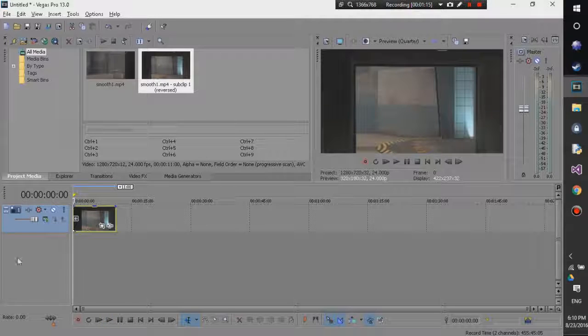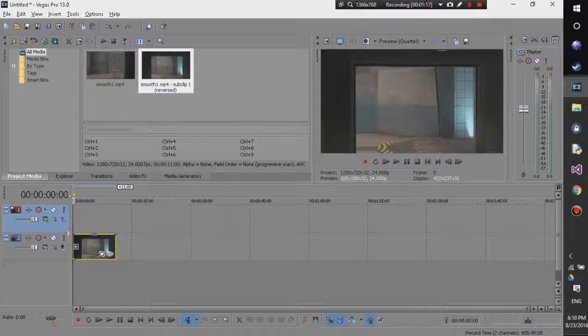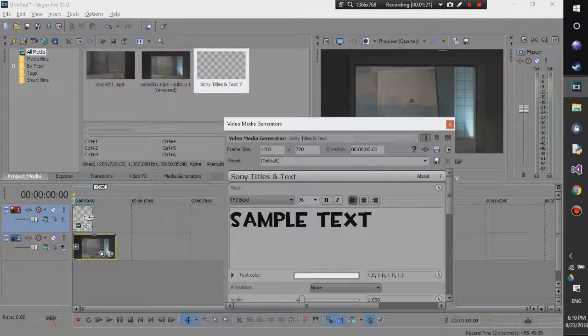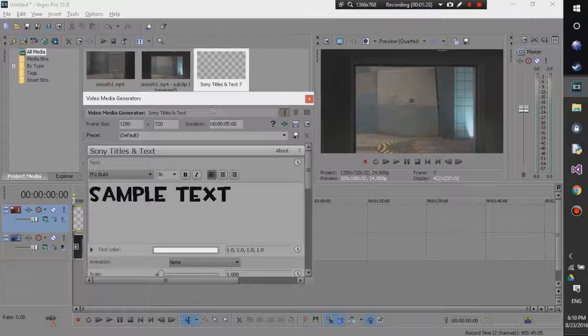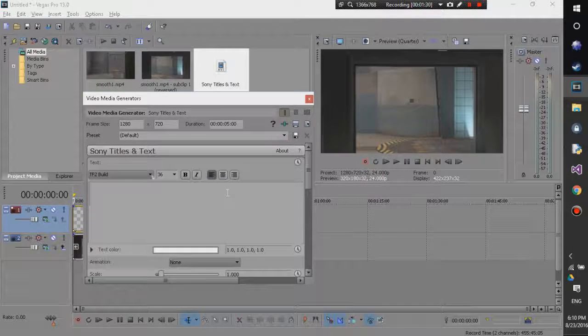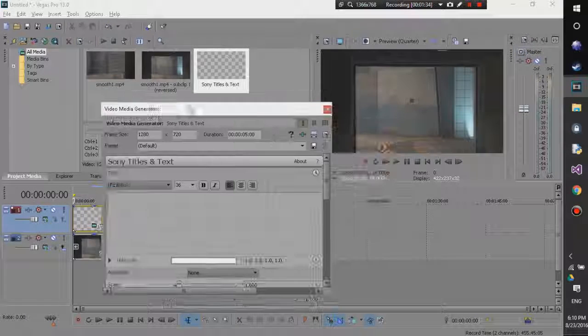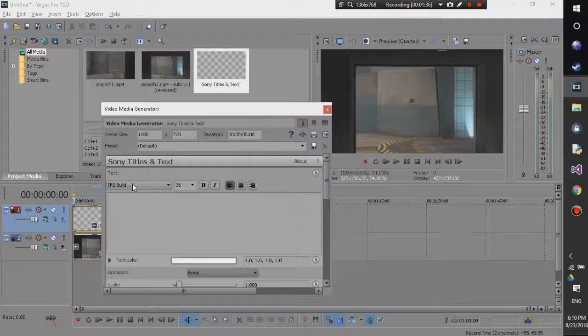Then you're going to want to create a new video track and put text on this track. And then make it as long as the first clip. It's not going to be used this whole clip, but just do that for safety measures. And then in the